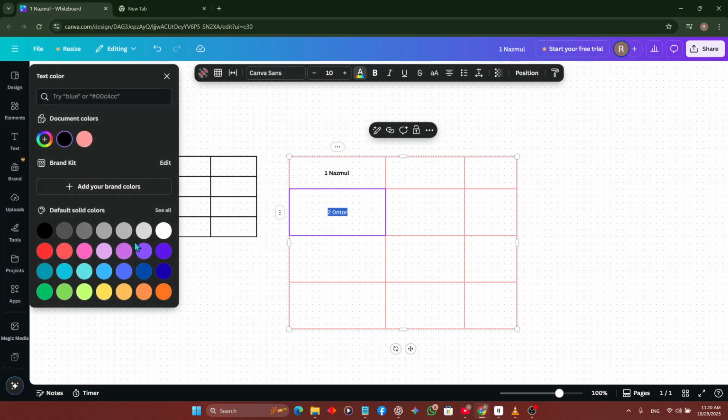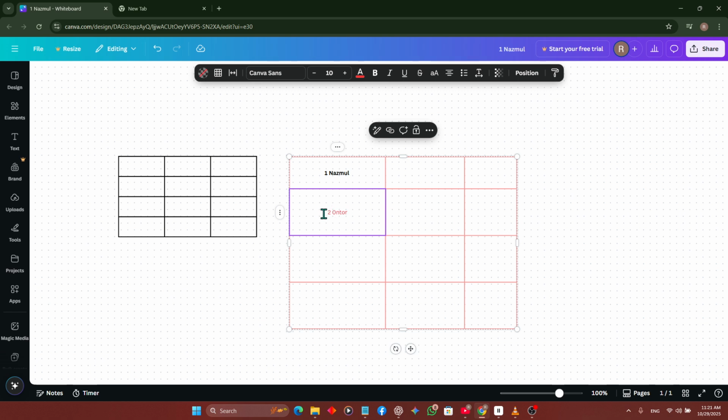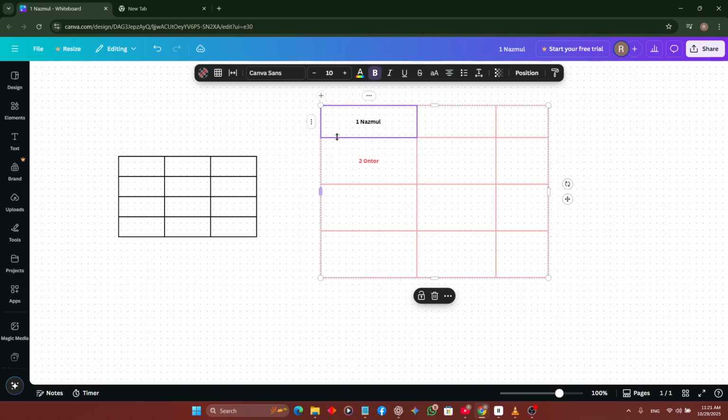Canva gives you full control over how your table looks, so it blends perfectly with your overall design theme. And that's it. In just a few easy steps, you've learned how to add and customize a table in Canva. Tables are a great way to keep your information organized and professional looking, whether you're working on a presentation, infographic,